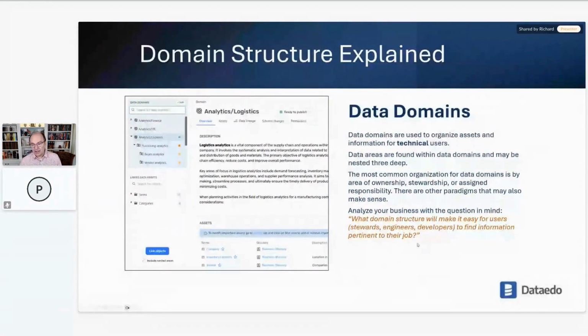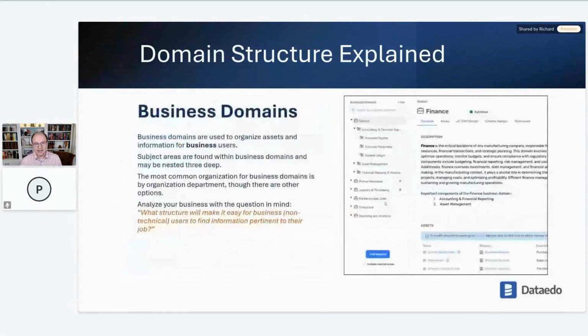And again, if that idea of organizing by ownership doesn't seem natural, then there are other ways to think about that. Just ask the question, which domain structure will make it easy for users to find the information they need to do their job? And one thing that I've noticed as I've thought about how to approach creating these domains,